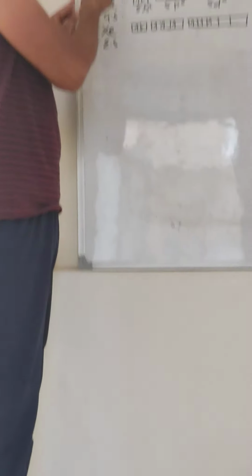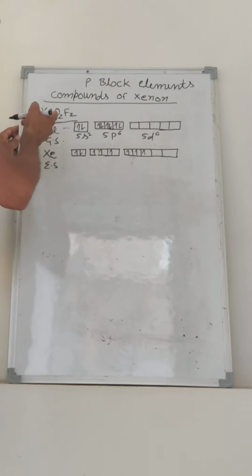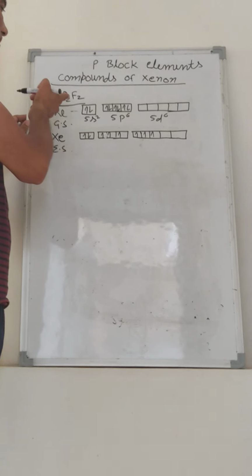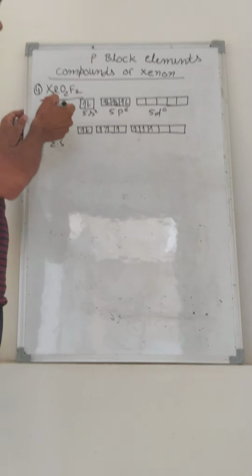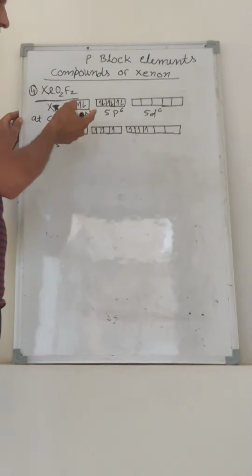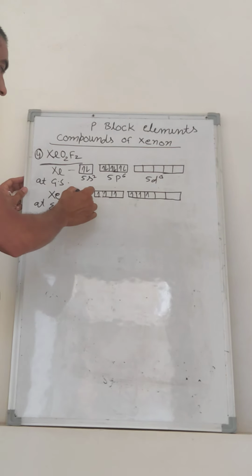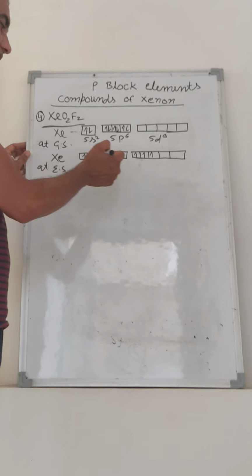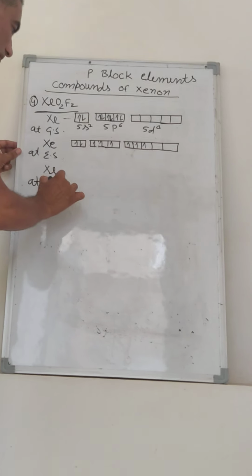The next compound is xenon dioxide difluoride. In this compound, 2 fluorine and 2 oxygen are bonded with xenon. So these fluorine and oxygen require 6 orbitals for bonding with xenon. Their ground state electron configuration is 5s2, 5p6, 5d0, and their excited state electron configuration is 5s2, 5p3, 5d3. Electrons are excited from the p orbital to the d orbital, and the hybrid state electronic configuration is given as